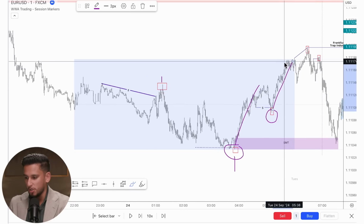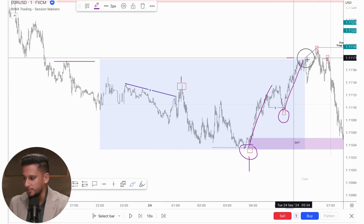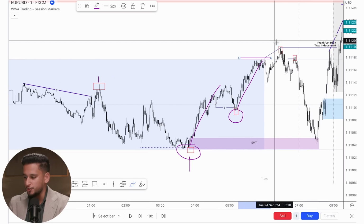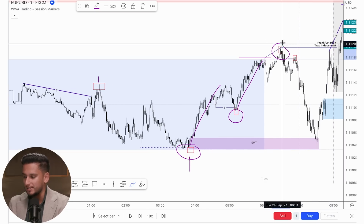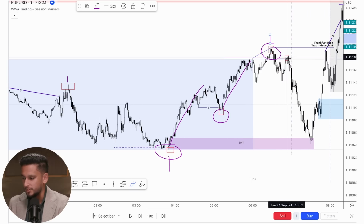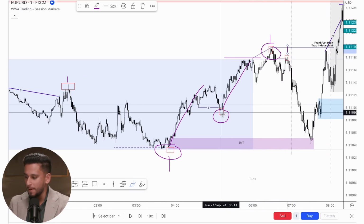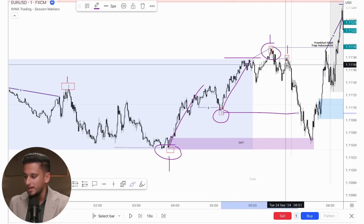So if I need to take a sell, I need to see significant seller control supporting that. So what do I see over here? I see a sweep of Asia high with this liquidity over here, with this liquidity over here, sweep of Asia high during my Frankfurt open. And I see that with an inducement and then a small minor inducement over here, build up, inducement, push down. So this is indication that the sellers are in control, overpowering the previous buyer zone and coming all the way